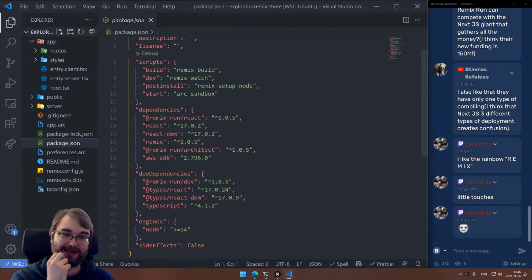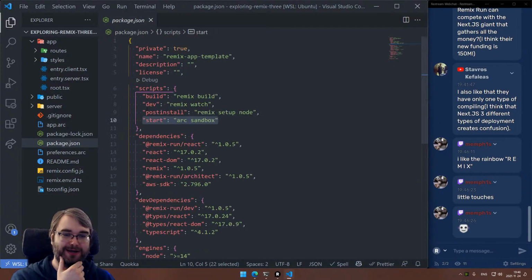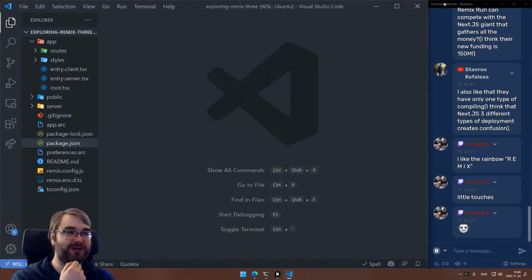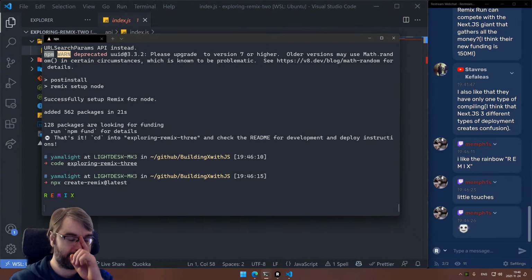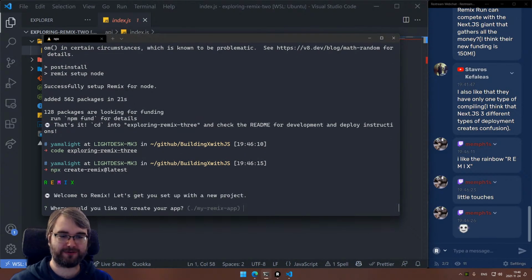This is so damn elegant. And they even have the Arc CLI thingy, so you can run it locally if you want to. That is really, really cool. Okay. Let's check out the Cloudflare Workers, because this is sort of the case that is exploring